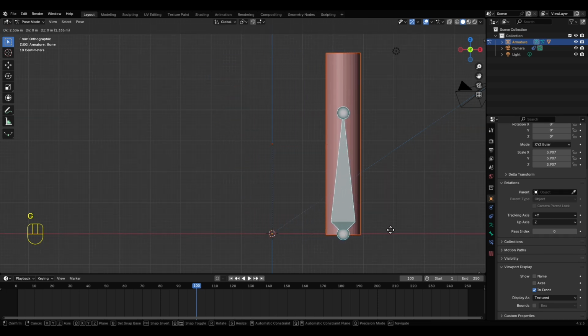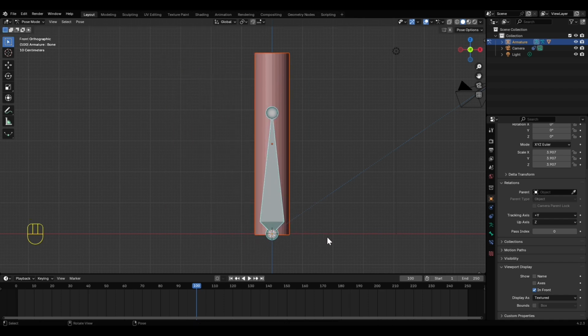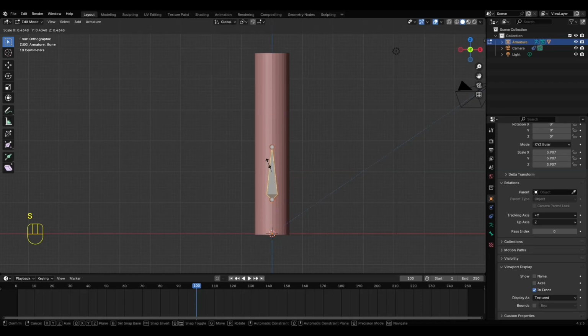Now we'll switch to pose mode and take a look at how the mesh responds when we rotate the bone. If we grab the bone and move its location, the mesh moves along with it. Let's go back into object mode. Just hitting Tab will take us back to edit mode, but we can get to the pie menu with Control Tab. We'll select just our bone and then go into edit mode again. We can scale it down